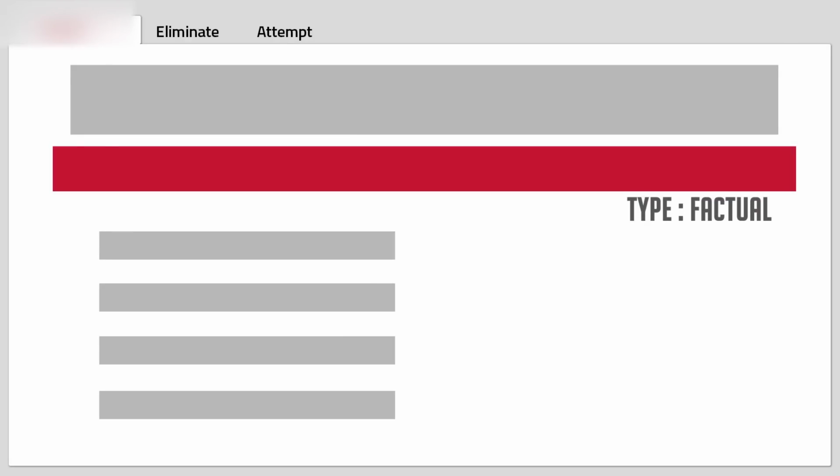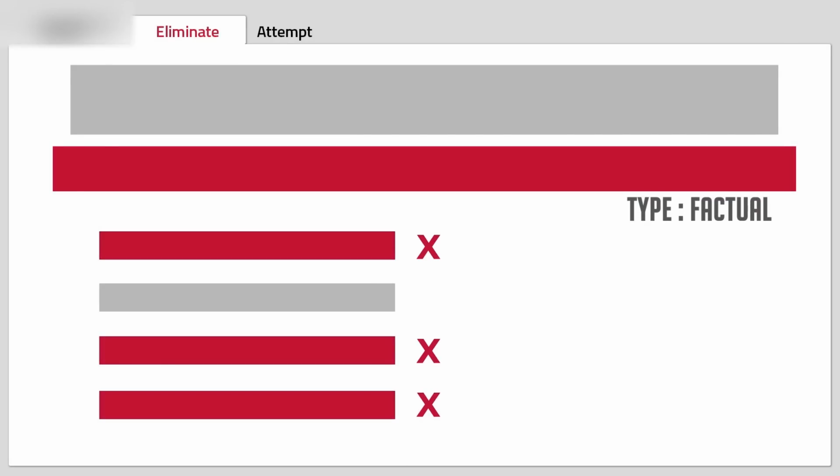Before we begin though, I want you to know the 3 steps to follow to arrive at the correct answer of just about any RC question. It's as simple as identify, eliminate, and attempt, which means identify the type of question being asked, eliminate the answers one by one using the pointers you learn in the following lessons, and of course, just mark that correct answer with confidence. Now, in today's session, you'll learn how to identify and correctly answer the first of the 4 types